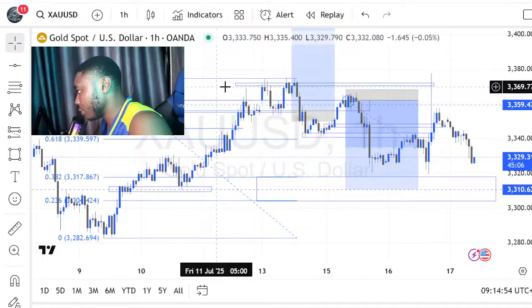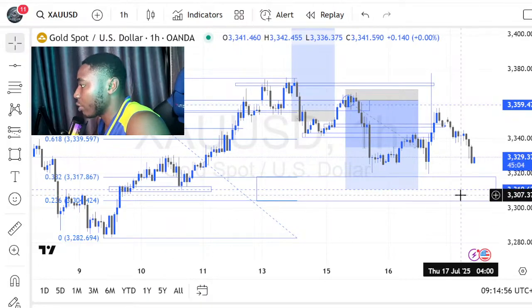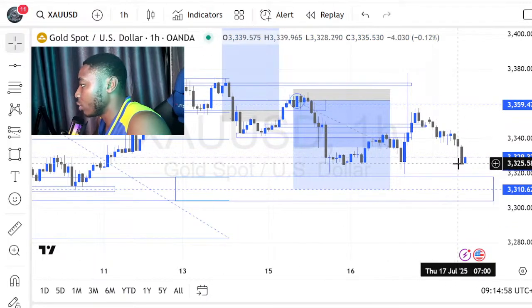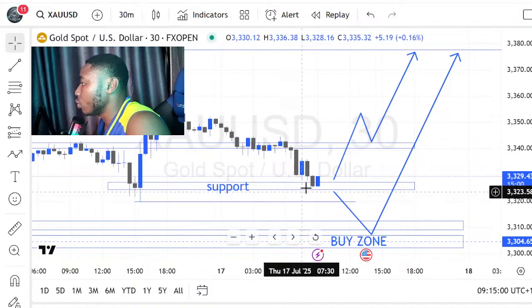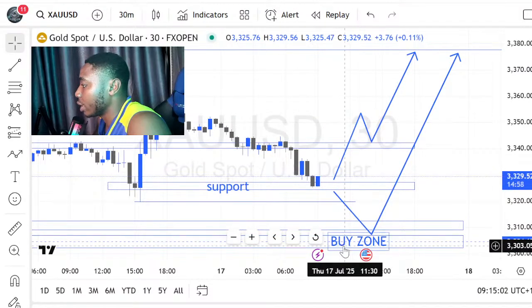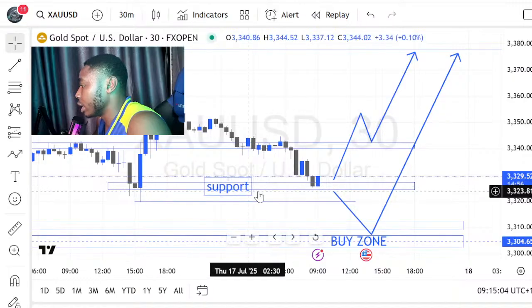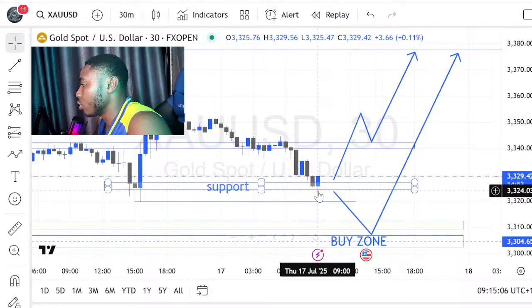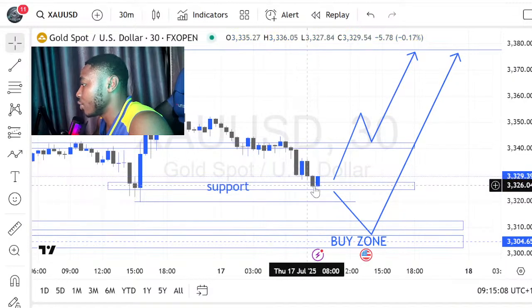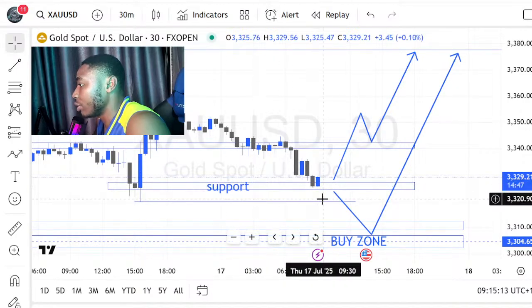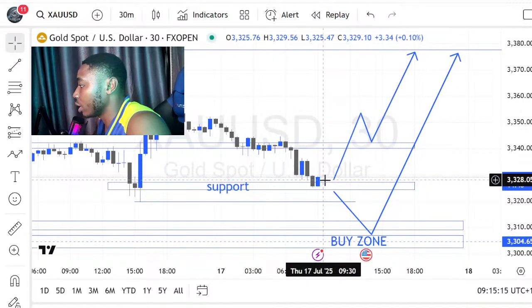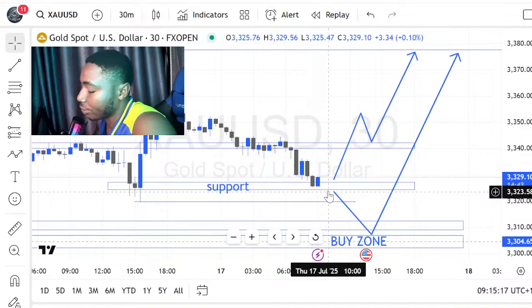So that's how I got that Fibonacci, then golden zone. And so I'm waiting for gold to enter my golden zone. That's why I still said there's a possibility it's gonna come back down here to buy, although there's still a support here that is just trying to respect. You can see it just tapped into that demand zone, and it's going back up. Okay, so let's just watch.